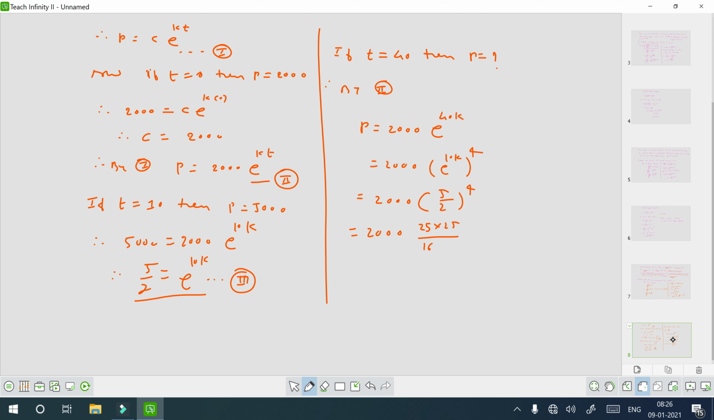Now you can simplify this one. After simplifying, what will we get? That comes out, you can calculate, 78125, and therefore the population of the city in 2000 will be